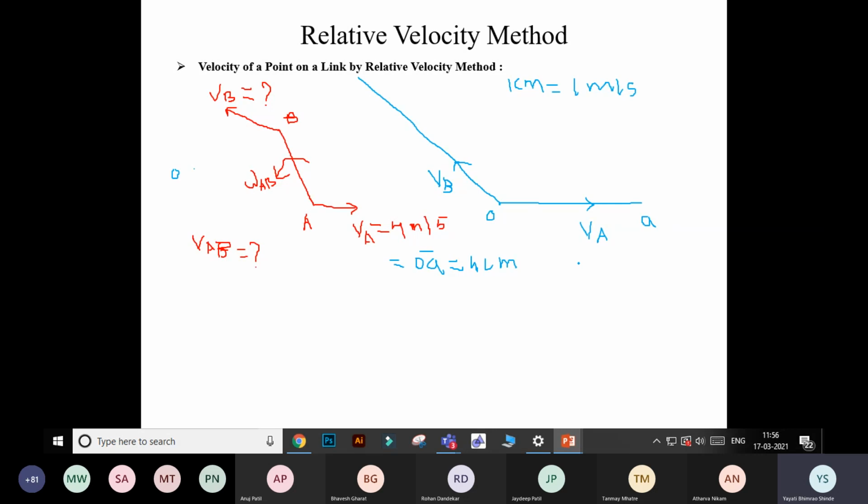Okay, now next is the velocity of B with respect to A. Because the link is rotating in anti-clockwise direction, you have to draw the velocity of B with respect to A. It means you have to draw the next vector AB. We don't know the magnitude of that vector, but we know the direction of vector AB. Now the velocity of B with respect to A is nothing but the velocity of the rigid link AB, and that velocity is perpendicular to the rigid link AB and in the direction of rotation.